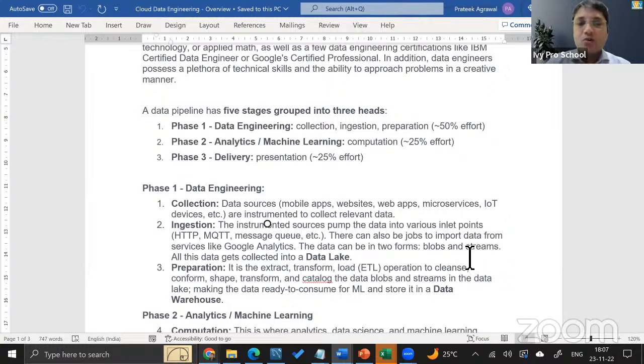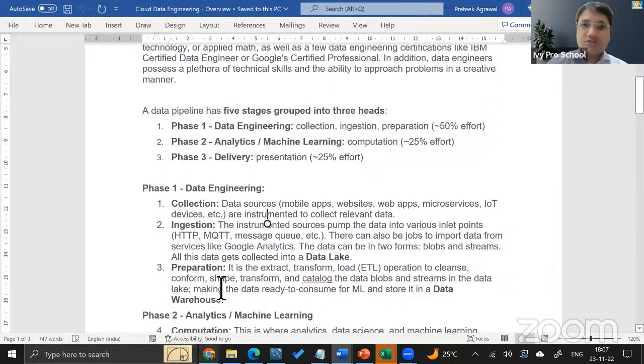So all that data needs to go into large data repository infrastructure, and that is something that we call a data lake, which could be a collection of your structured data, unstructured data. That means your text files, your video files, your transaction data, all different kinds of data can be hosted in a large data ecosystem, which we call a data lake.